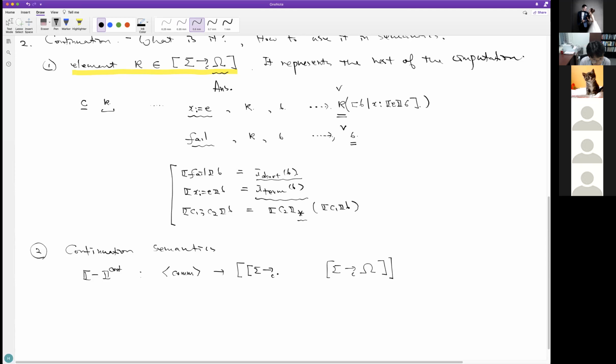But in the continuation semantics, it takes something extra, like this. This part is for the continuation, and this sigma is an input state, and this omega is the ultimate final answer. And this omega here also represents the ultimate final answer.